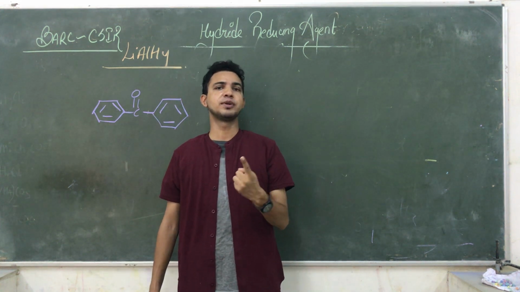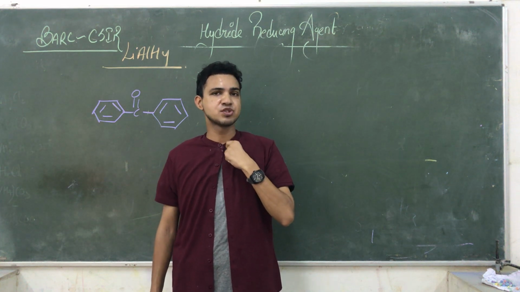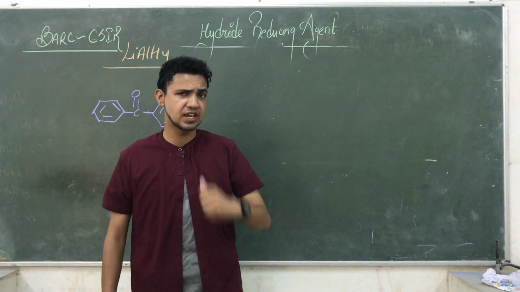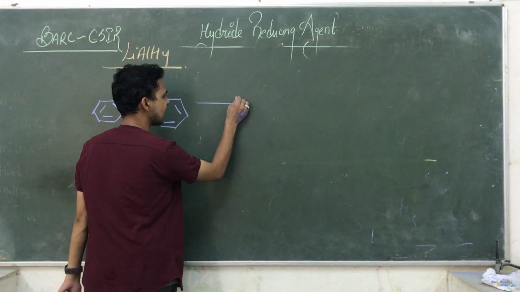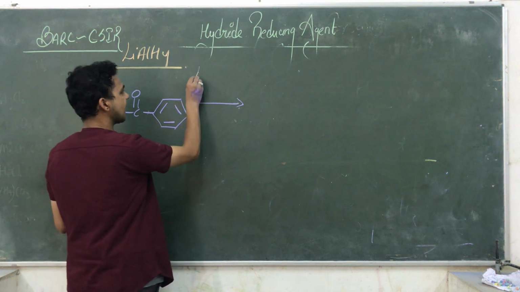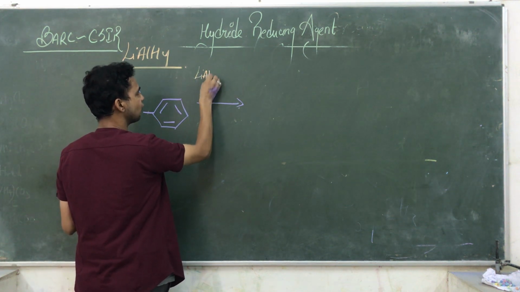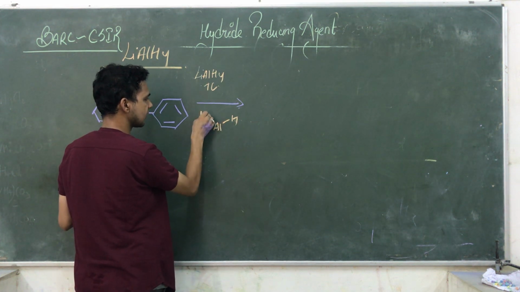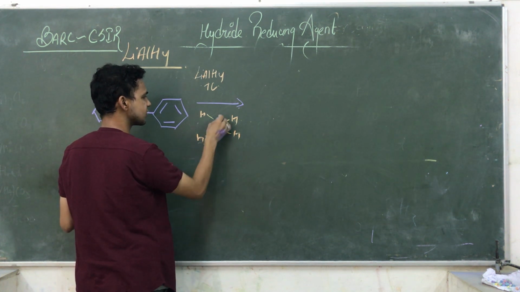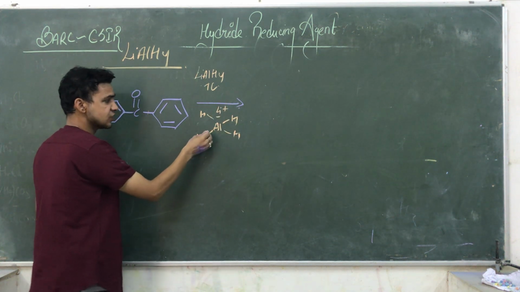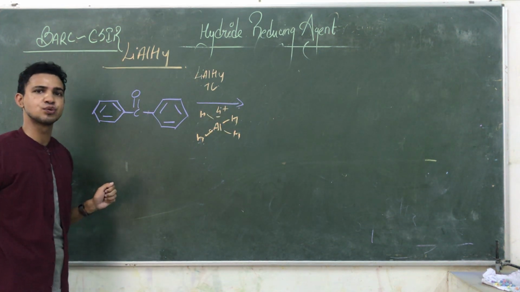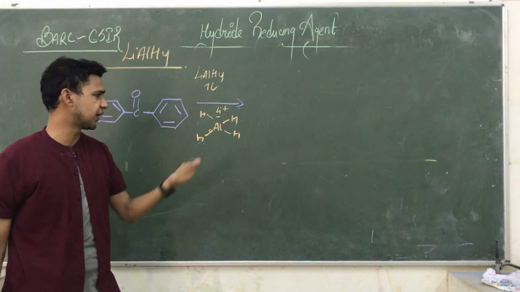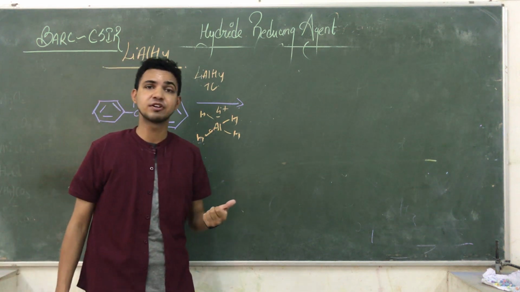One molecule of lithium aluminium hydride has the tendency to reduce 4 moles of the substrate with which it is performing the reaction. So see how the reaction takes place. In these reactions we are taking LiAlH4. Okay, its structure is like this. AlH4 negative and Li positive. So what happened, guys? Aluminium has the tendency to form how many bonds? 3 bonds. But here the aluminium satisfies itself by removing one hydrogen, and hydrogen is removed